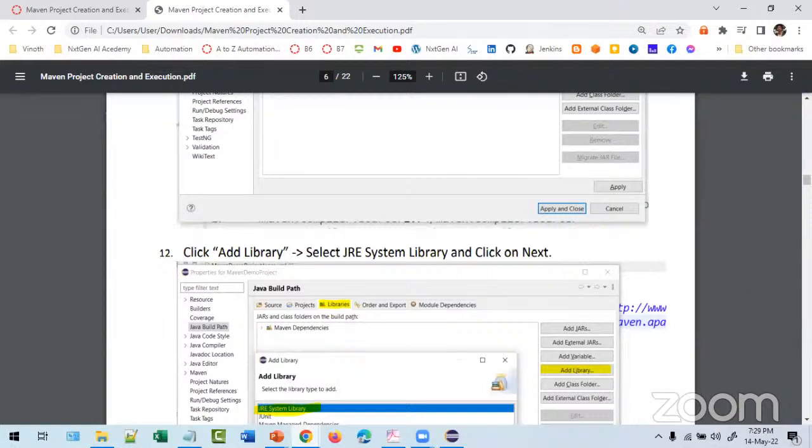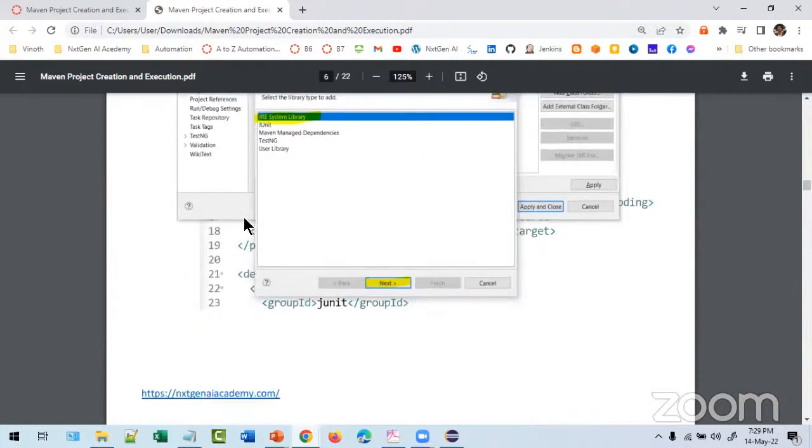Jyoti, yes, what is that? Anyhow, we are going to learn TestNG, right? In a Maven project, you're going to code it anyhow, right? So what is the problem? First install it and then create the Maven project. No big difference. If you change the sequence also, it will work.